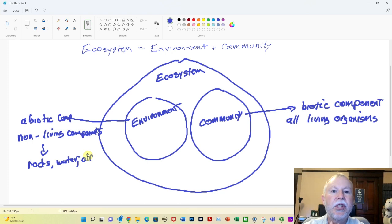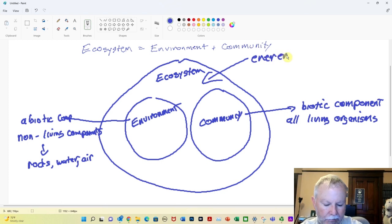Okay. We might look back at our ecosystem. We've been talking about things like photosynthesis. And so we might want to point out that energy comes into the ecosystem. Energy. Okay, so that's the kind of thing that you might do to put all this into a pictorial